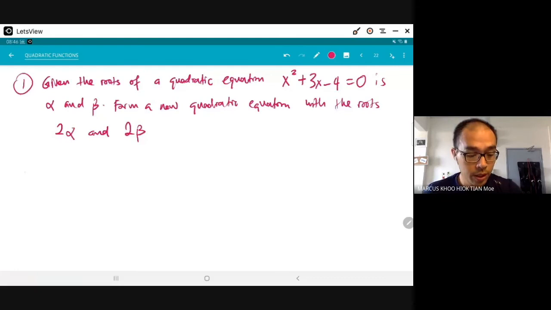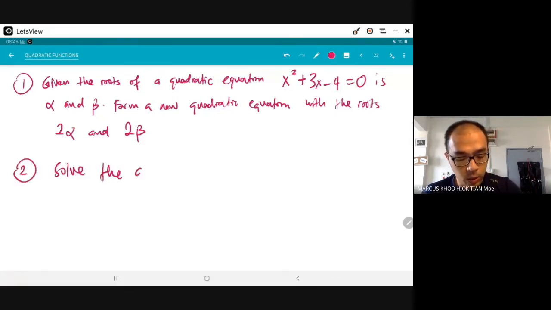Do this first. Then the second question, solve the quadratic inequality